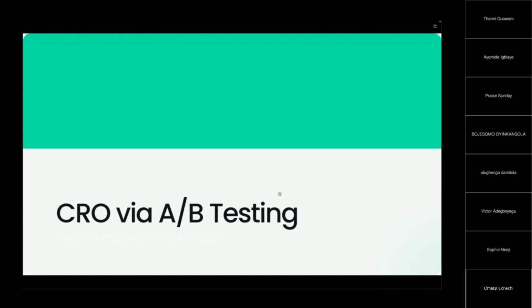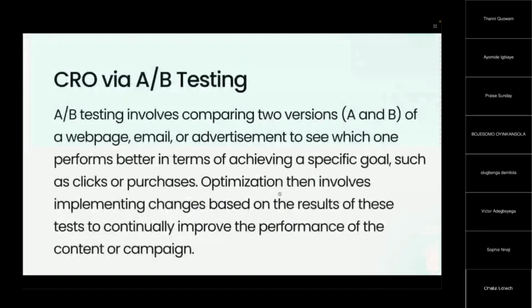So you might just test something as simple as learn more versus buy now or shop now. We just want to test out different pages just to know which one people click on the most, basically. And A/B testing is basically comparing two versions, A and B, of a web page, email, or advertisement to see which one performs better. And it involves implementing changes based on results of these tests to continually improve the performance of the content or